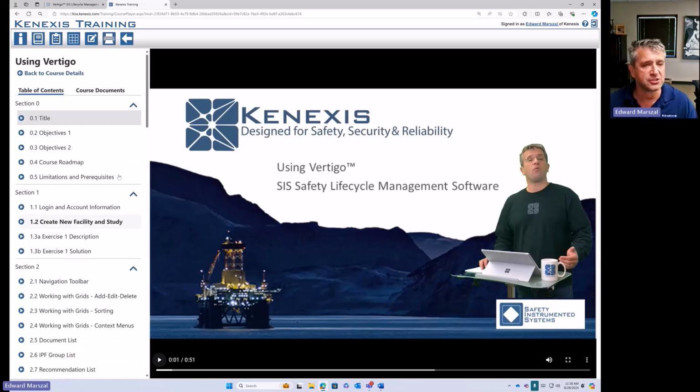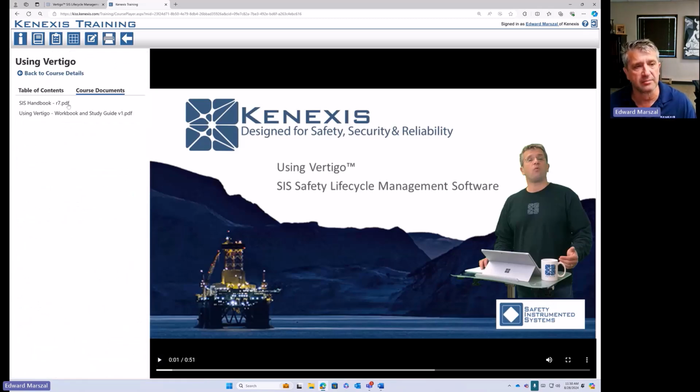And in addition, if you go under course documents, you'll be able to download the SIS Engineering Handbook, which just kind of gives you overview information on SIS design, the most recent version, and you will be able to download the Using Vertigo Workbook and Study Guide, which has information available. What should be in here that is not in here is the